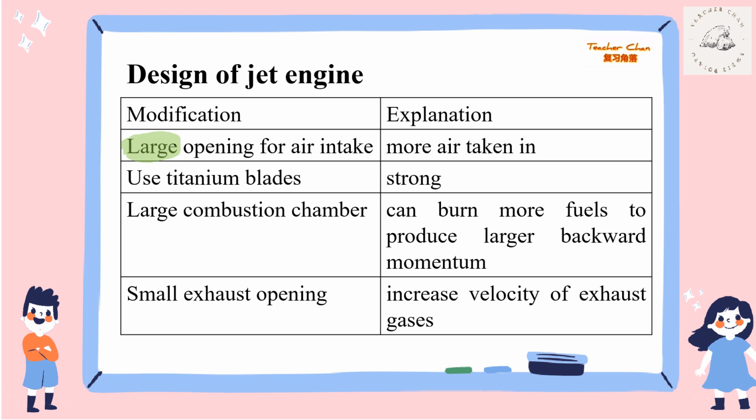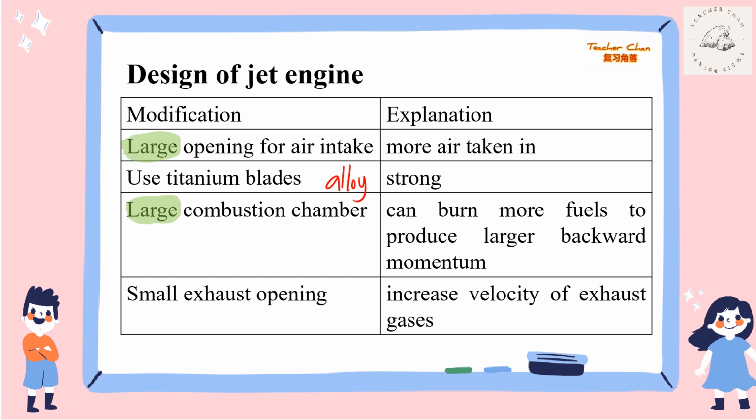Second, we use titanium plate. Titanium plate is actually an alloy, and the alloy is strong and does not rust easily. Third, a large combustion chamber. The combustion chamber is a place where we use the fuel so that combustion can occur. So if the combustion chamber is large, it can burn more fuel to produce a larger backward